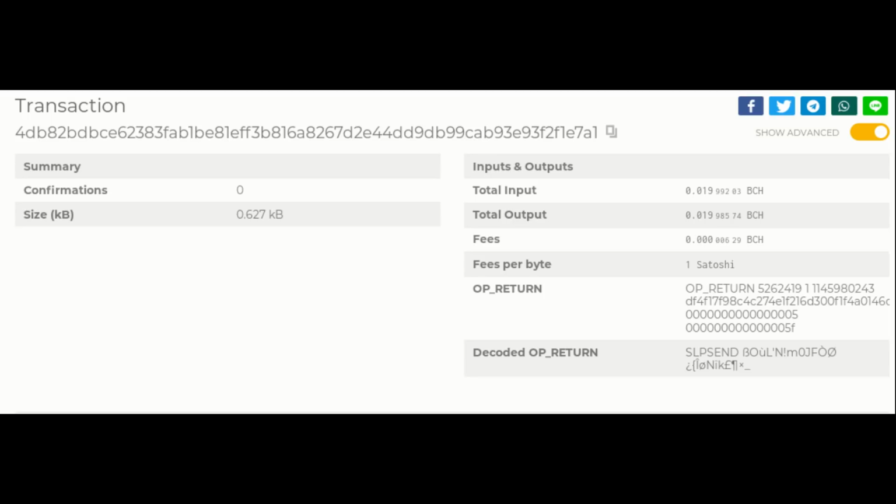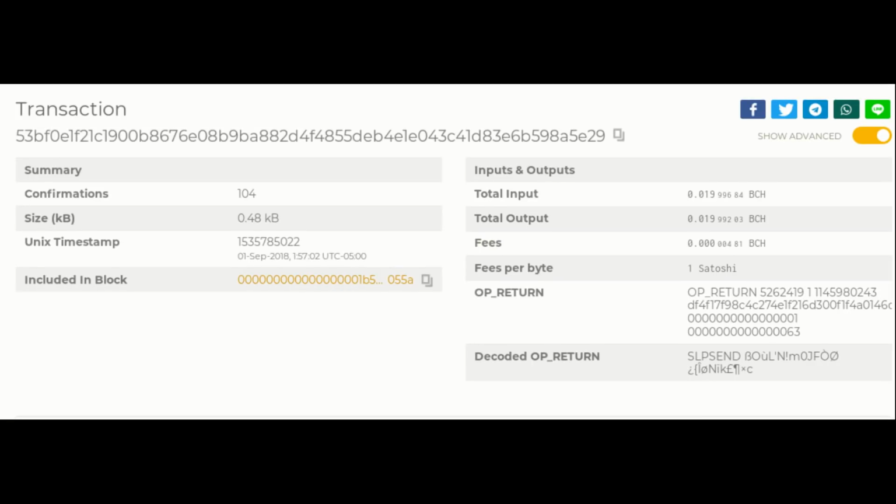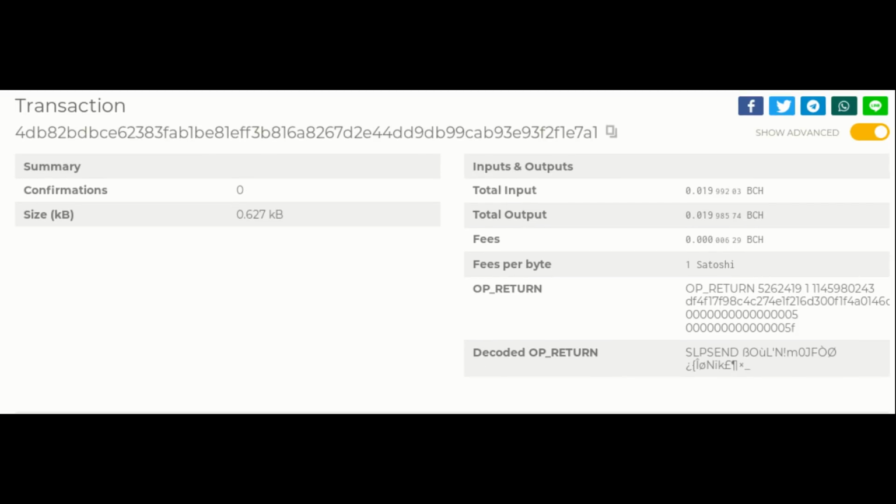So if you look at this third transaction, again, I moved 5 tokens, and if you look at the op return entries, there's 4 entries there. The third entry is the number 5, and if we go back and look at the entry for the second transaction we did, the third entry is a number 1, and for the second transaction we only moved 1 token. So that third entry represents how many tokens you're moving. The problem here is I don't know what that fourth entry in op return represents. It probably represents something, but like I said, there needs to be some entry that represents the new hash for the file you're putting on there, and that simply doesn't exist.